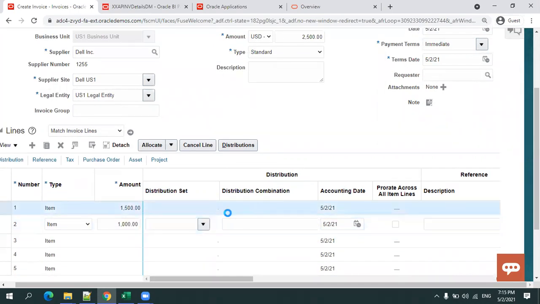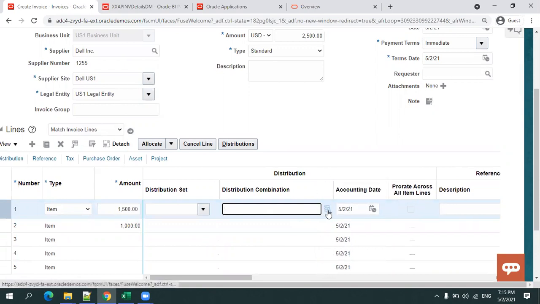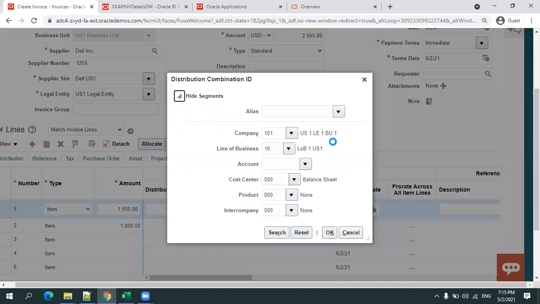And now the distribution details. Either you can select a distribution set or you can select a distribution combination. If you want to enter the data for the distribution combination, you have to click on the KFF. If you don't see this icon, expand this, click on this particular icon, which shows the list of KFF details, nothing but your accounting code combination details. Just click on search, a blank search.